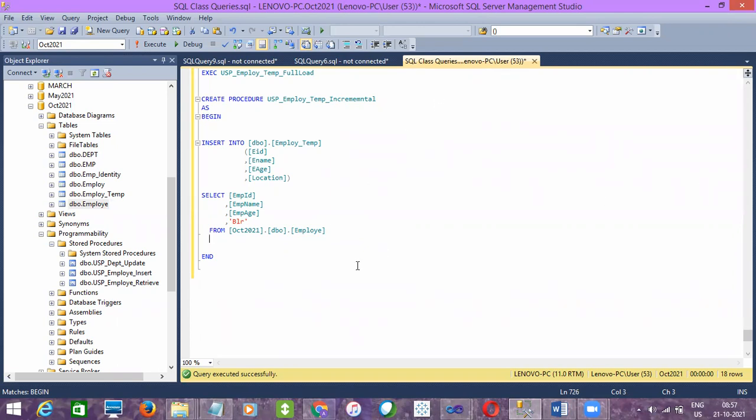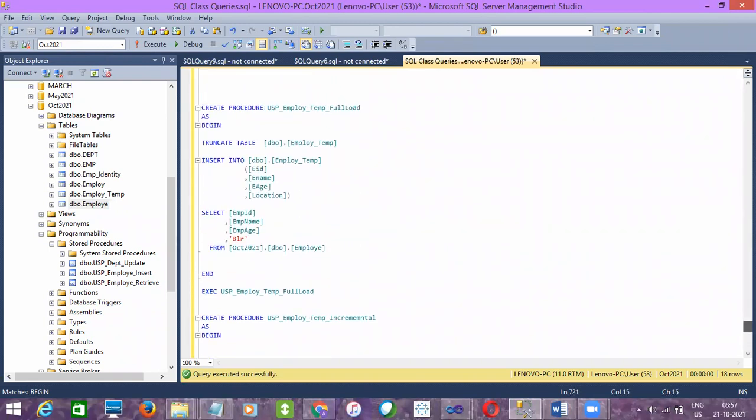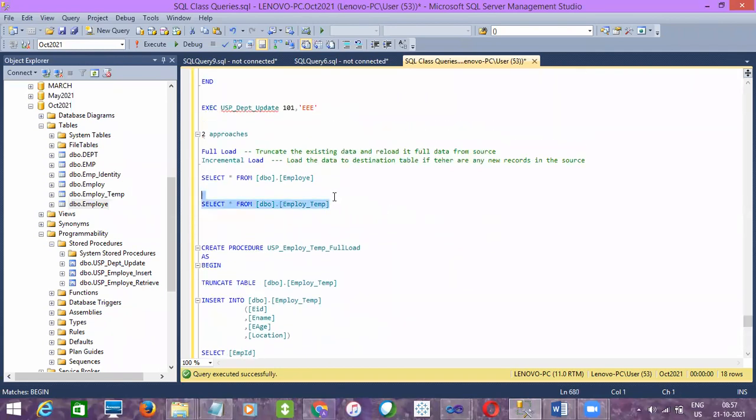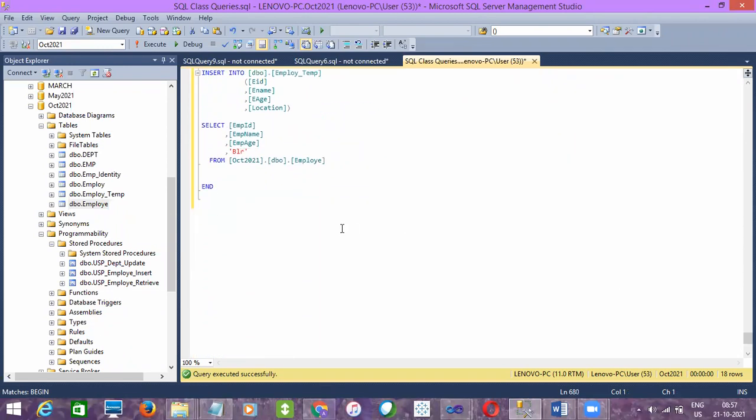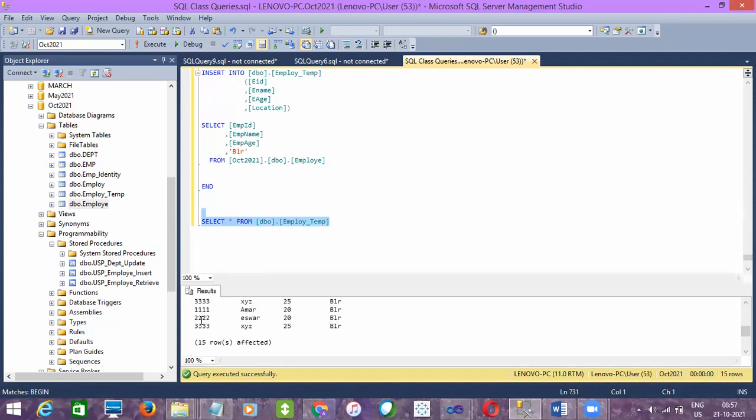Let me tell you this way. See, here I have these many records, right? So maybe if I use distinct, duplicates will not be there, right?